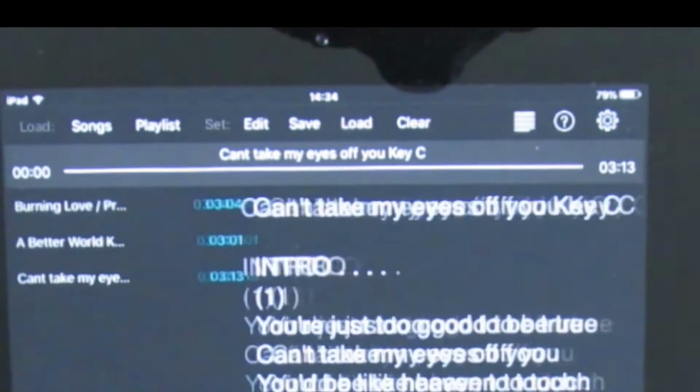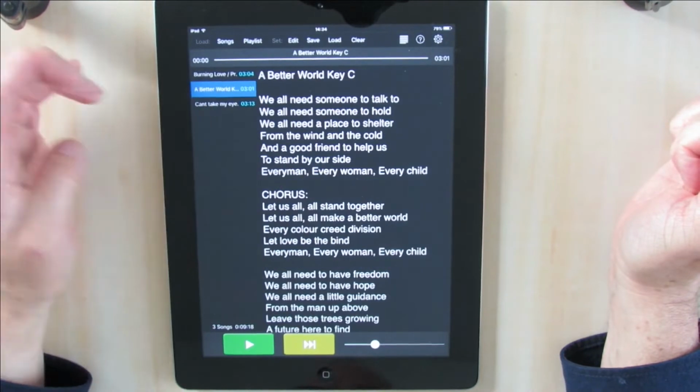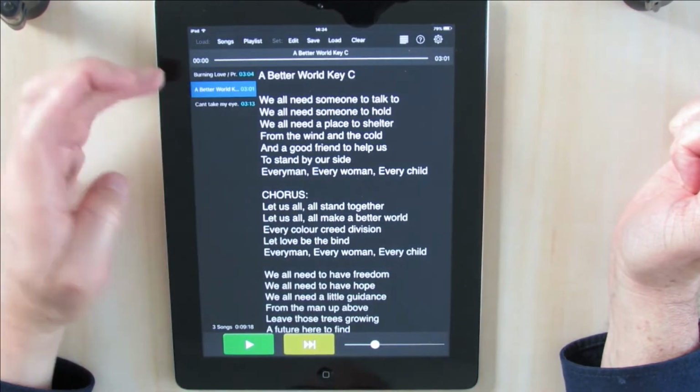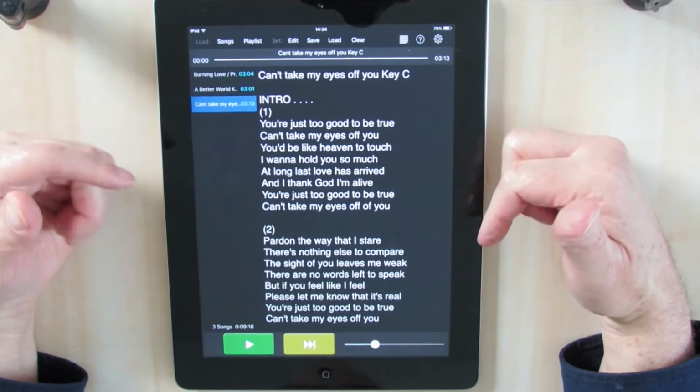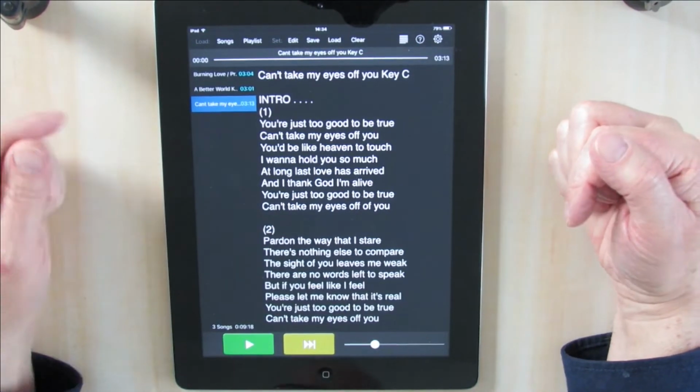And if you click here, then again, it'll bring back your lyrics, okay? So for any of your songs, you can bring up your lyrics there, right? Now, also, while the song is playing,